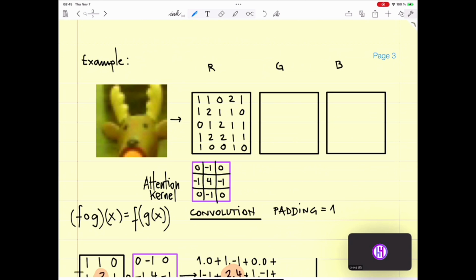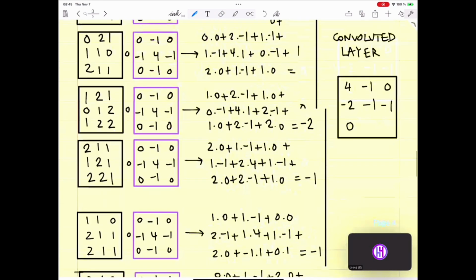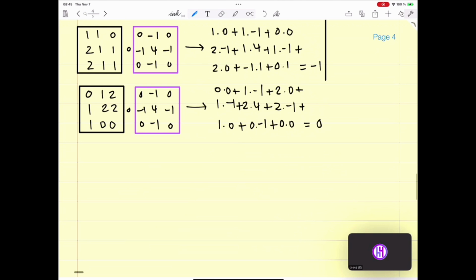No, it's not called padding, it's called stride, sorry, stride. The number of steps you take. Padding is something different. So this is convolution. This is what convolution is about. It's about